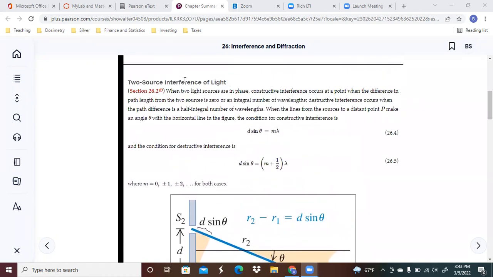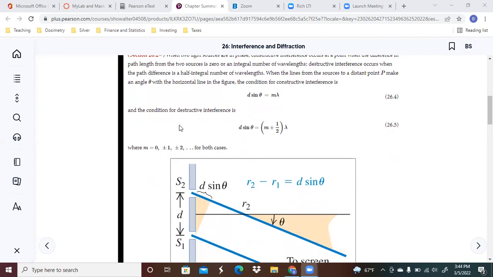where the difference in the path length from the two sources is 0, or an integral number of wavelengths. Destructive interference occurs when the path difference is a half integral number of wavelengths. So when the lines from the sources to a distant point P make an angle with a horizontal line in this figure, the condition for constructive interference is going to be that d sine theta,